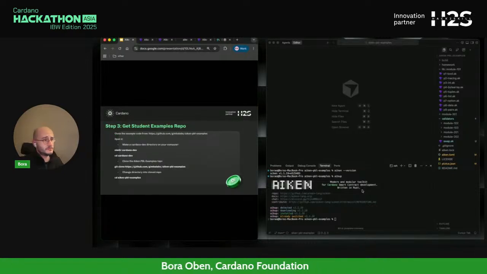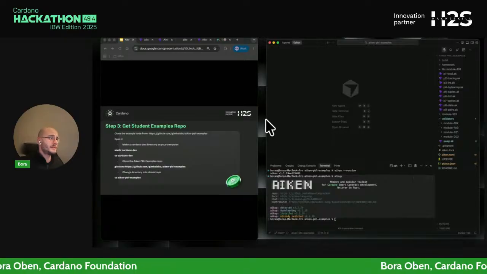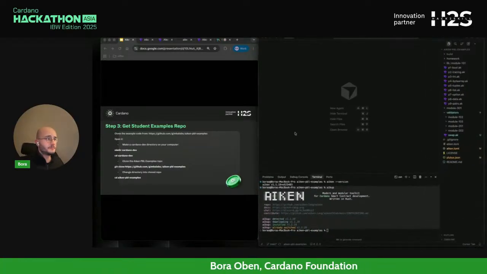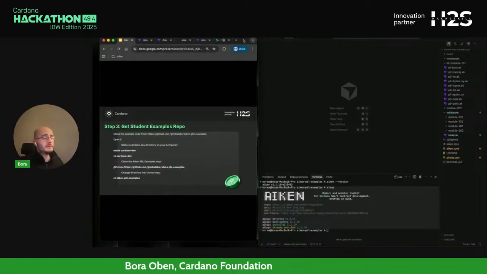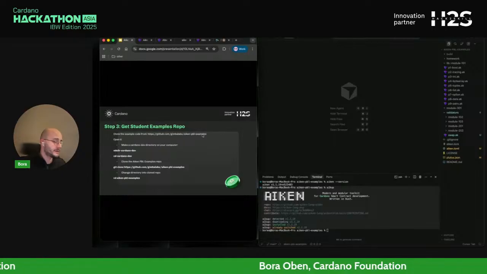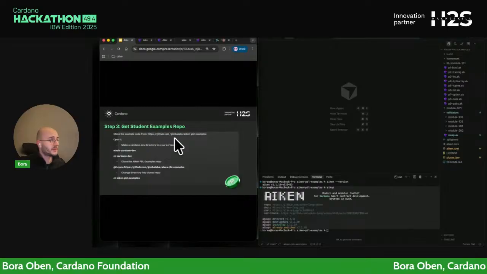So now how do we start practically? Let me get my code editor a bit bigger. We will be following this Aiken project-based learning course, and there is a template repository that you can just kickstart your journey with. I provided the link here.